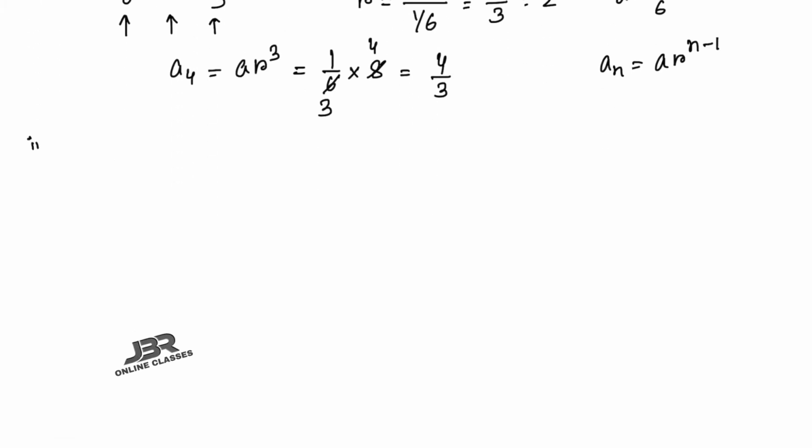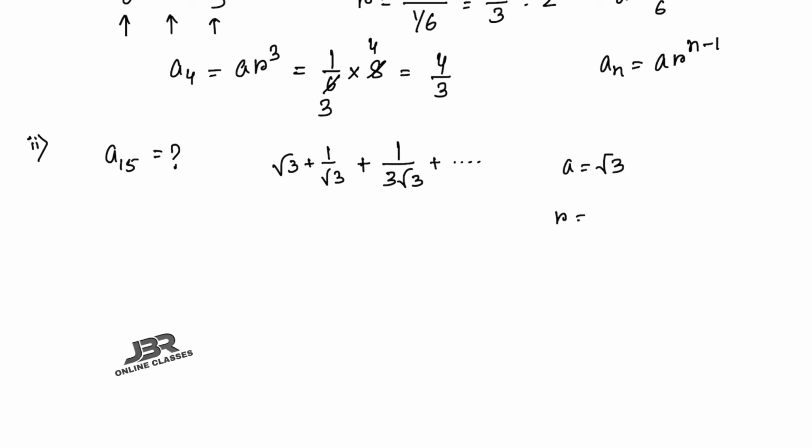Now next, sum number 2, part 2. Find the 15th term, that means a15, of the series root 3, 1 by root 3, 1 by 3 root 3, and so on. So first a equal to root 3 and r equal to 1 by root 3 by root 3, so definitely it will be 1 by 3. Now you have to find a15, that means a into r to the power 14. As a equal to root 3,